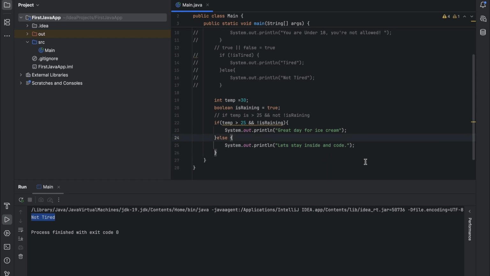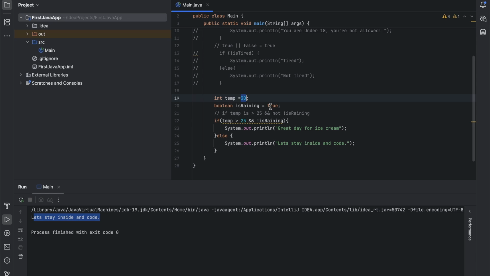So what should we expect? We have the weather greater than 25, which is true. The weather is actually greater than 25. Then it's not raining. Its rain is equal to true, meaning the weather is dry. So what are we expecting? Comment that below if you know the answer. So we should be expecting the second line of code, which is equal to let's stay inside and cold, because the weather is above 30 degrees and it's raining